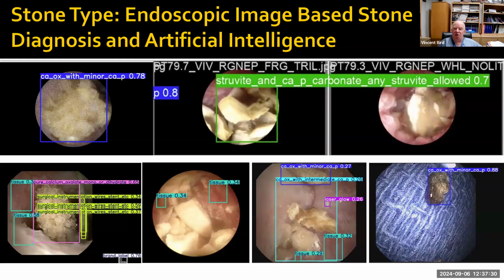The last picture on the lower right is a picture of a stone fragment on a blue surgical towel after it's removed from the body. The idea here is that we once again train the AI software. We're feeding it all this information so it can learn about these stones. And you can see that we actually know the chemical composition of these stones, and you can see those labels. This is an example of the label and then the AI reading and knowing